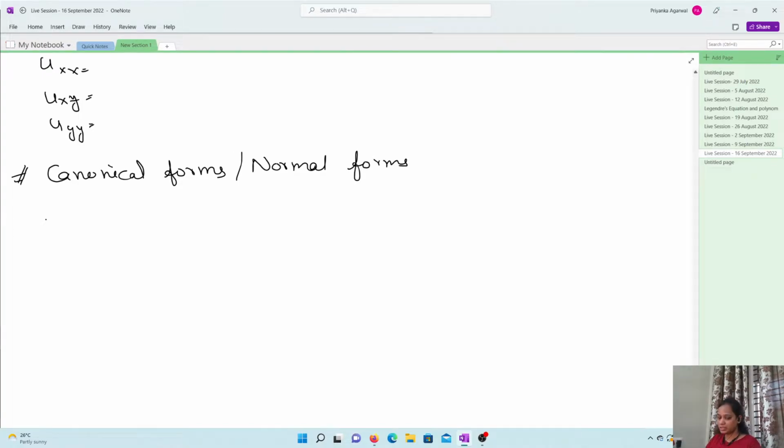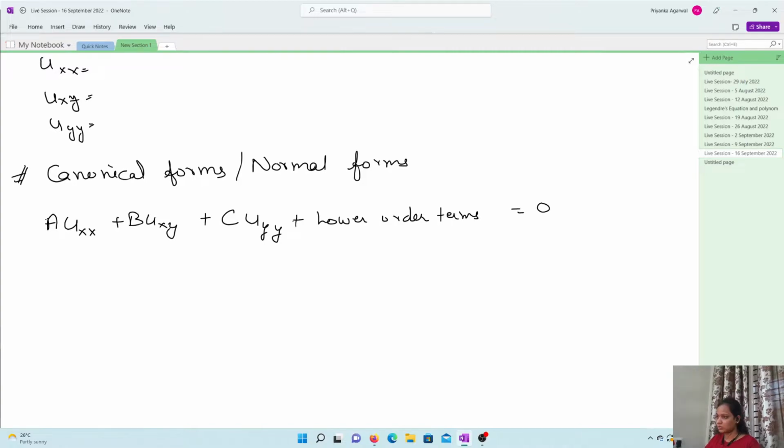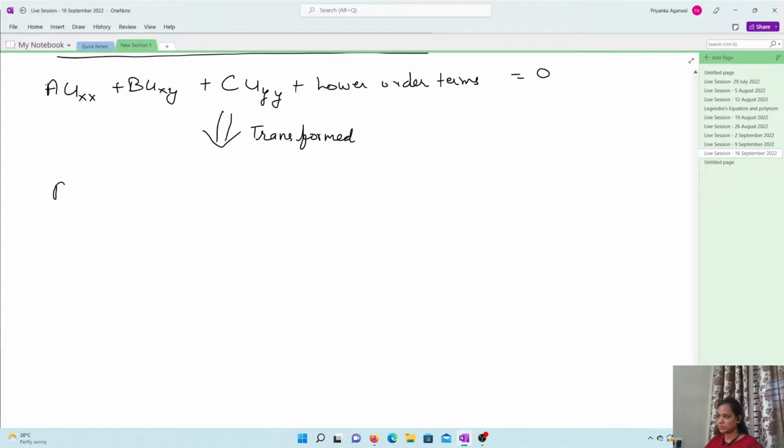So basically the given PDE, which is something of the form A u_xx plus B u_xy plus C u_yy, and lower order terms equals to 0, is then transformed into the form A star u_xi xi plus B star u_xi eta plus C star u_eta eta, and the other lower order terms,